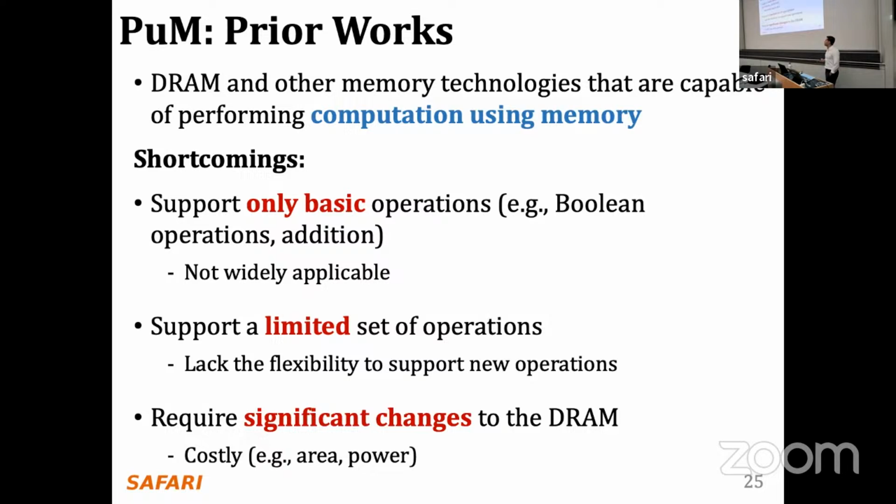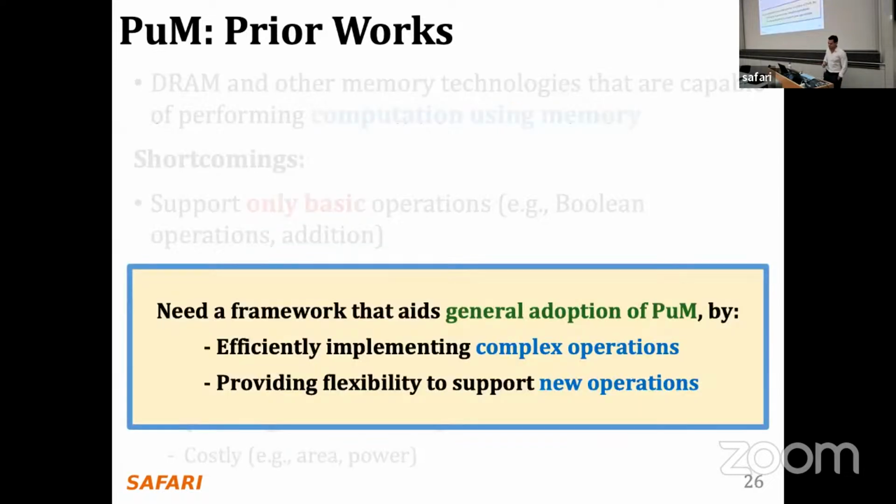At the same time, we want to do minimum modifications to the DRAM circuitry itself, because if you think about it, if I want to do addition, you can just tell me, oh, just put an adder in each bit line in the local sense amplifier, and then you can do an addition, right? That is easy, and then the first two problems here are solved. But this comes at an extremely high area cost, which makes this substrate quite impractical to be deployed in real scenarios. So at the same time, you want to keep the modifications to the DRAM chip as minimal as possible.